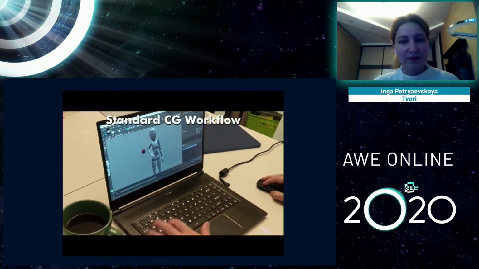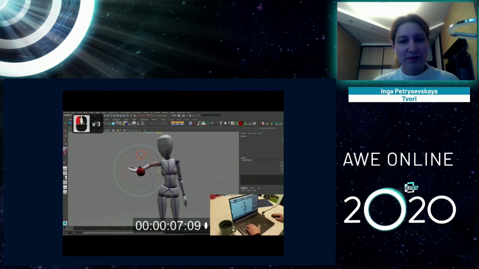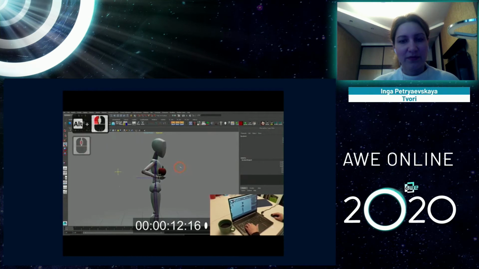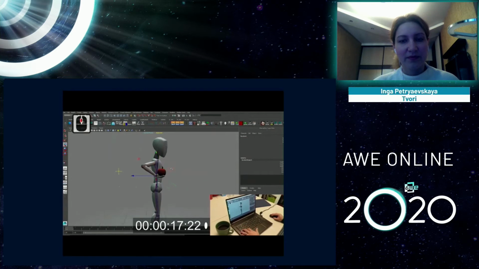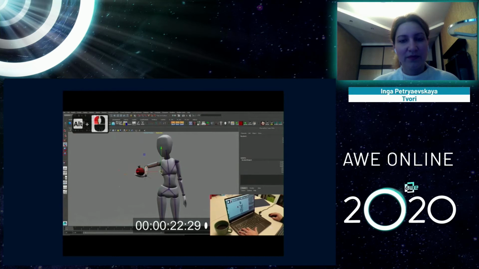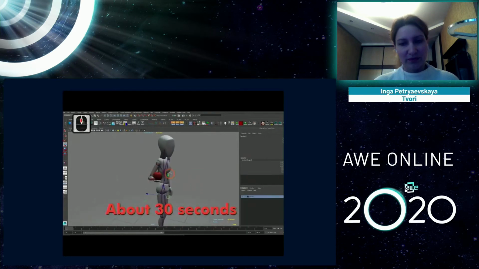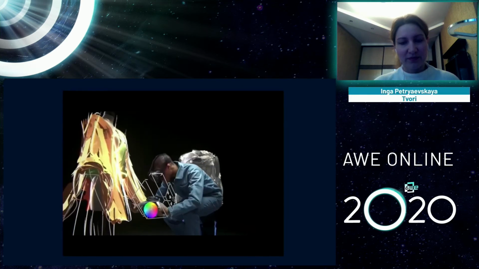So, looking at a flat screen, we move things in 2 dimensions and then rotate our view to see what it looks like from another angle, shown in 2 dimensions. As soon as we move the camera, we see things are off, and we need to move them in 2D over and over and over until we get what we're looking for. This requires lots of mouse clicks and hotkeys as we switch between moving, rotating, scaling, and until recently, there hasn't been a better way.